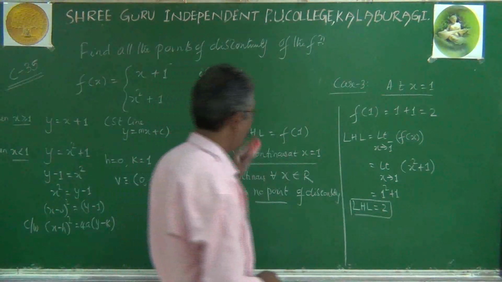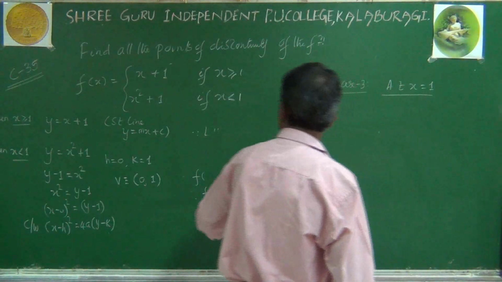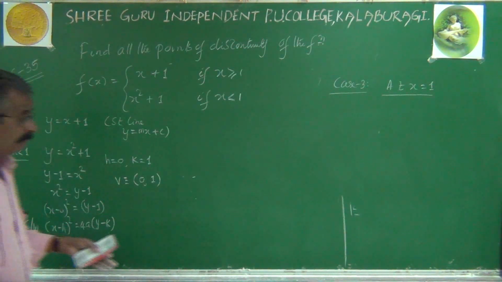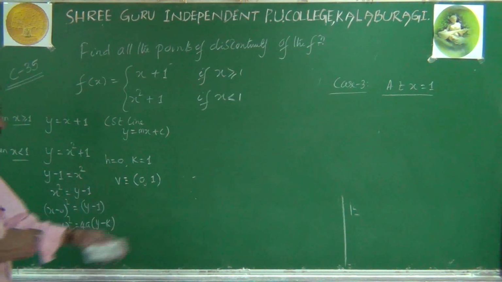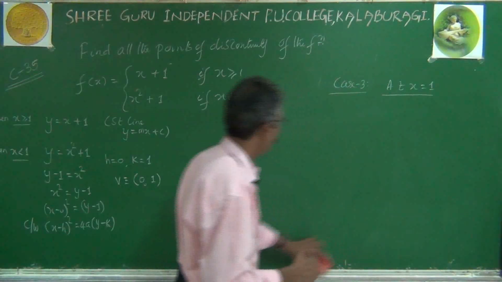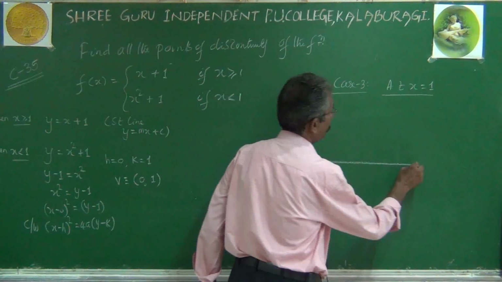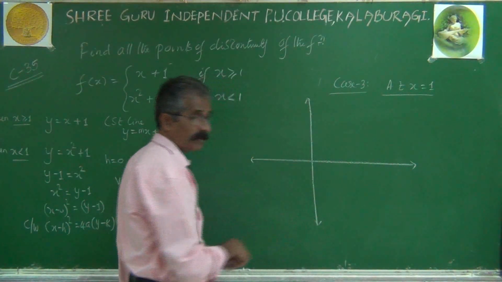Let's estimate this function geometrically. And which kind of parabola is this? It is just like x square equal to 4ay, opening upwards from the vertex, but not opening upwards from the origin; rather from a point other than the origin, that is the point (0, 1). So let's draw this graph. It's a rough estimation of the graph to illustrate how this function is totally continuous for all values of x.